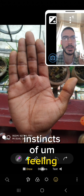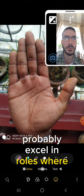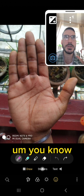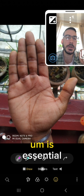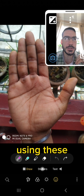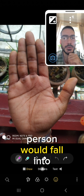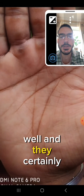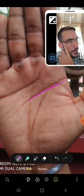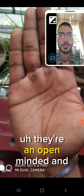I think they work by their instincts of feeling and intuition, and probably excel in roles where instinct and feeling is essential. A job where using instincts is useful is probably the kind of profession that this person would fall into. And they certainly have an ability to separate their emotions from their decisions. They're open-minded, and